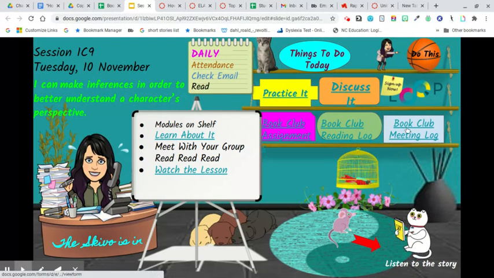These things on the bottom shelf are just things you need for your book clubs. If you need to have the book club assignment page, that's where the link is to the readings, to the books, the link to Flipgrid, the emails for your club members, your book club reading log. If you did not do that yesterday, you need to make your copy of that and put it in session IC8 of your notebook. And the book club meeting log, which needs to be filled out every time your club meets, even if it's just 2 of you.